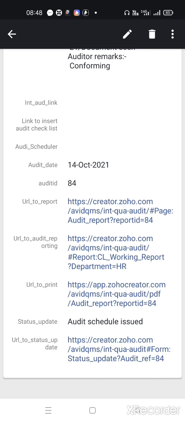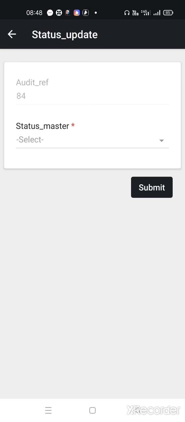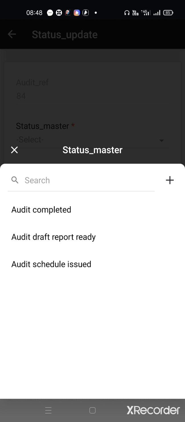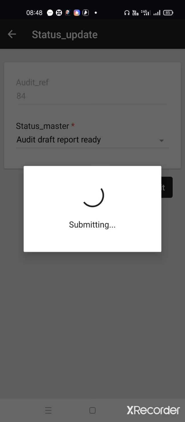Now we have to do an update here. That means once the audit is finalized, you can go for status update. So here the audit number 84. We can say the draft report is ready. Click that button.